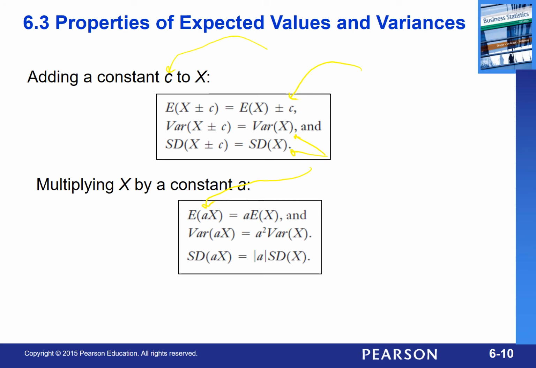What happens to your mean? Well, if everybody's being multiplied by something, then the mean is just multiplied by that something. What happens to your variance? Well, variance has squaring in its process. You end up with an A squared times it. And then since you're squaring and then rooting, when you're looking at the standard deviation, you end up with an